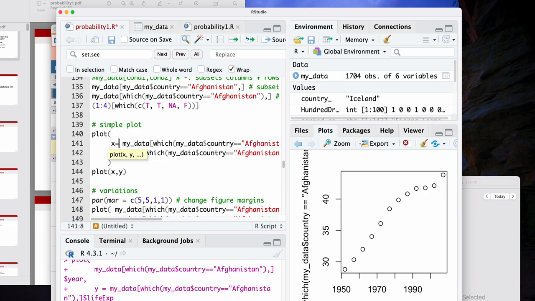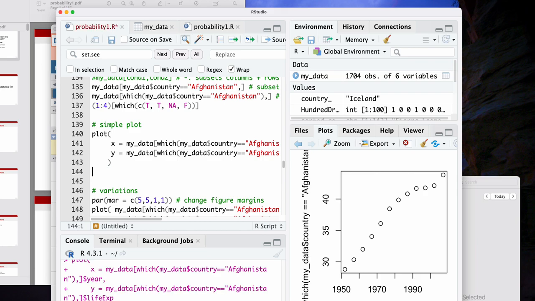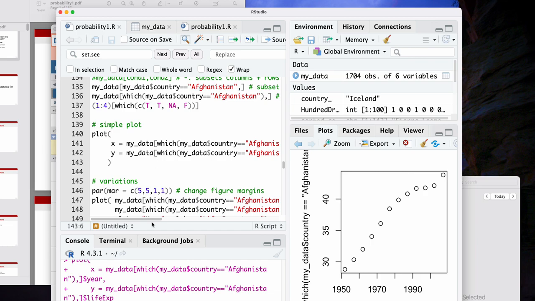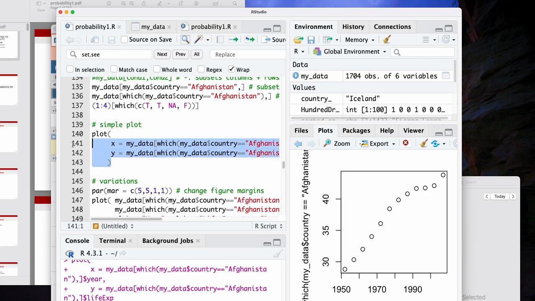But it's often good practice, and I generally like to say what argument I'm defining, because sometimes the positions might change or I might be confused, and in general it's best to be explicit. What is X, what is Y? And here we have X and we have Y, and we've plotted year on the X-axis and life expectancy on the Y-axis. So this is just the base plotting technique. Are there questions? Are there comments?